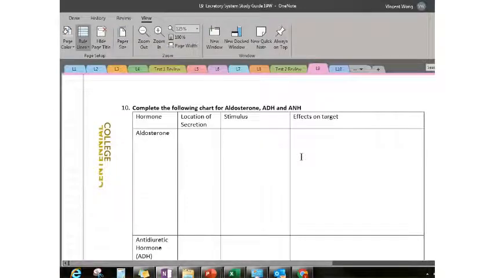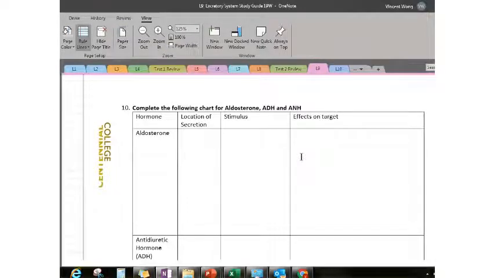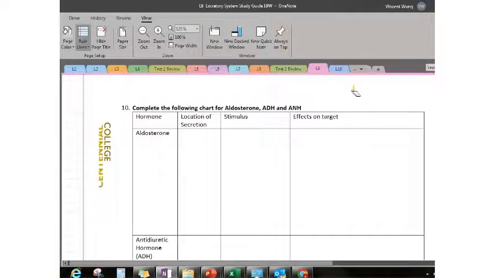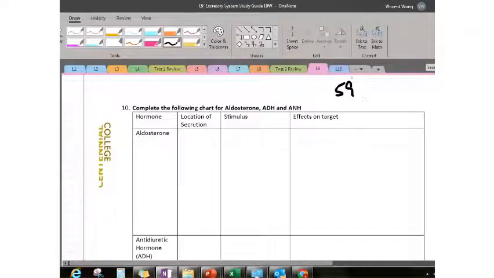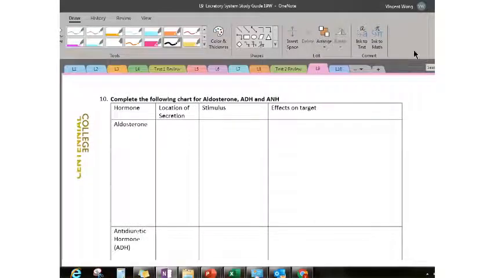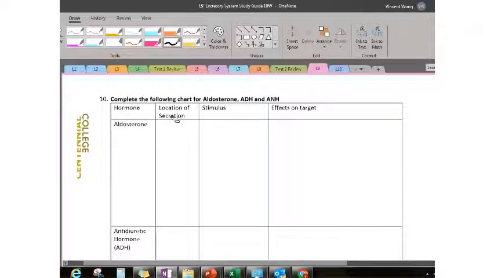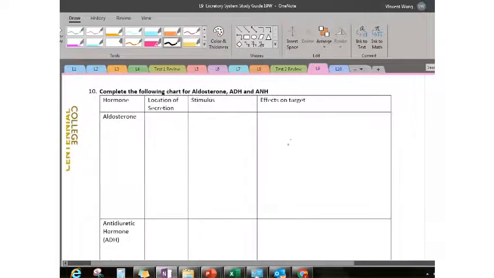Now that you have watched the video related to the RAS system, let's go to page 59 of your course pack, and we will fill in the hormone charts. Okay, page 59. So we're going to be learning a lot of hormones between now and the end of the course, and every time we learn a hormone, we're going to put it in a chart like this to specify where it's secreted from, what triggers the release of the hormone, as well as the effects of the hormone on